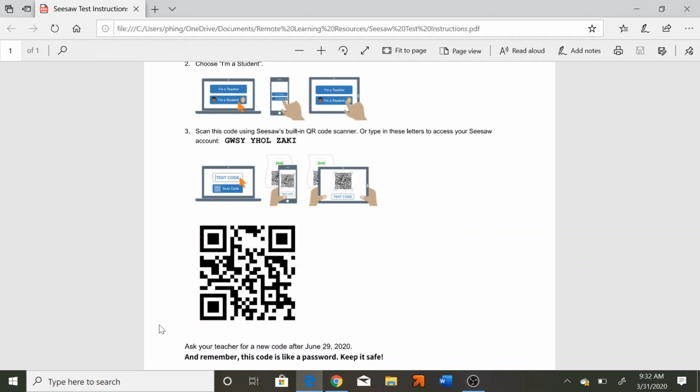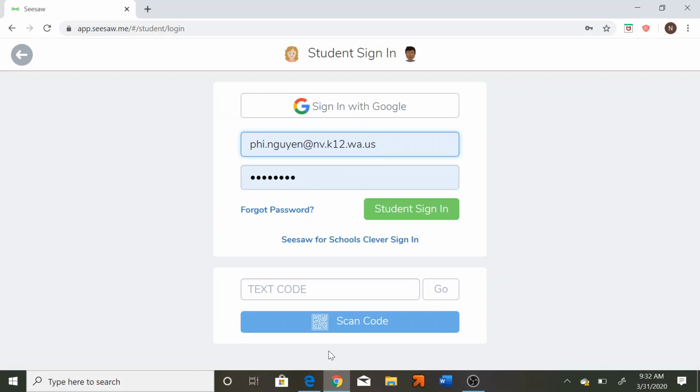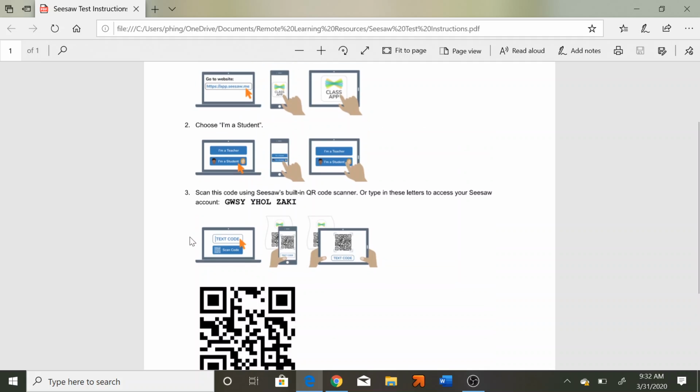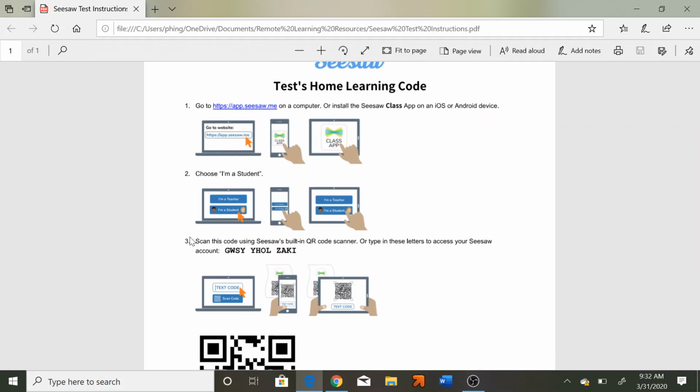If you're on a phone or a tablet, it's super easy to do. All you would do is click the scan code button. It'll pull you up into a camera option, and you would just take a picture of your personal QR code from your student sheet. Since I'm on a laptop, I'm going to go ahead and just enter my letter access code. Mine is